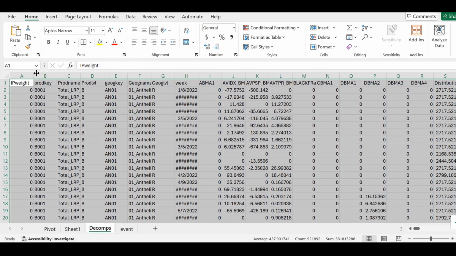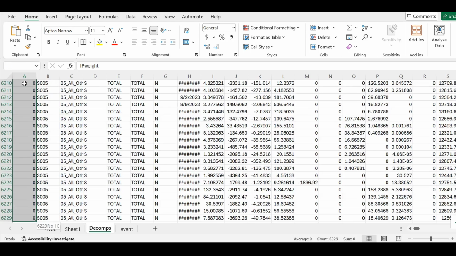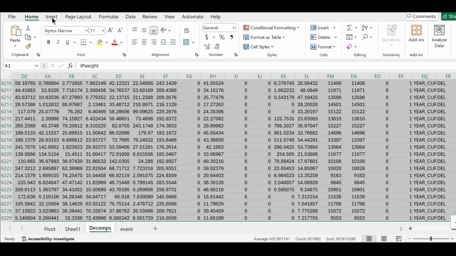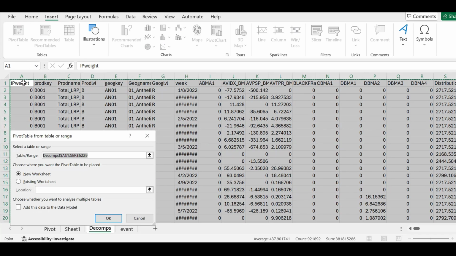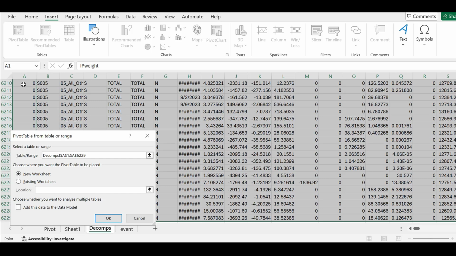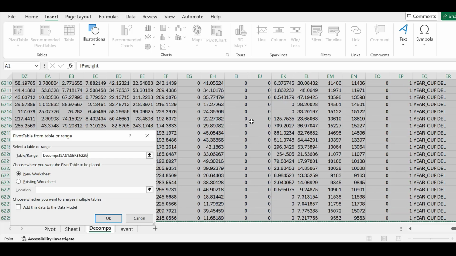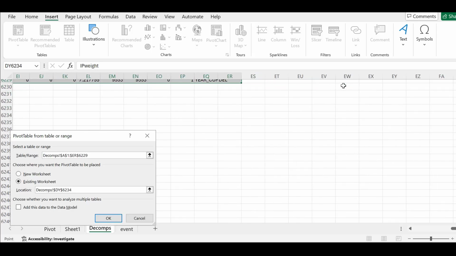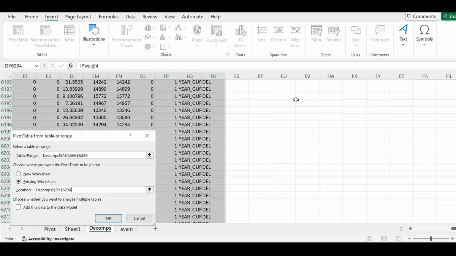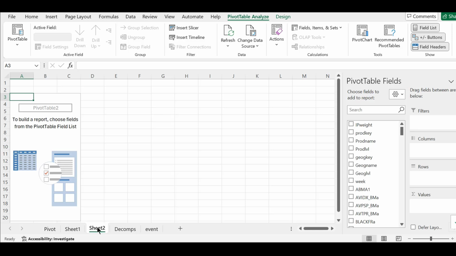And if we want to do this manually, you can select the data set and go to insert, pivot table, and from table and range. So now here I will be selecting the range, and here new workbook is selected. If I select the existing workbook, I need to give a location, and that location can be below this data set or beside this data set. But now I want it in a new worksheet. So I will press OK, and you can see that here again a pivot table has been created.